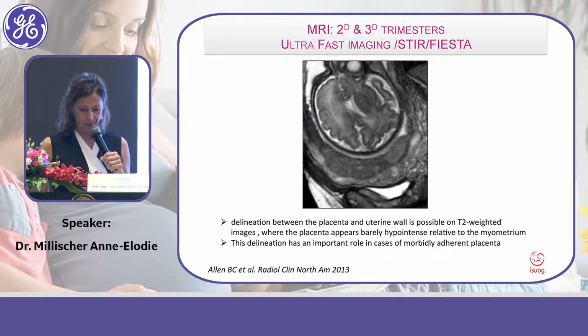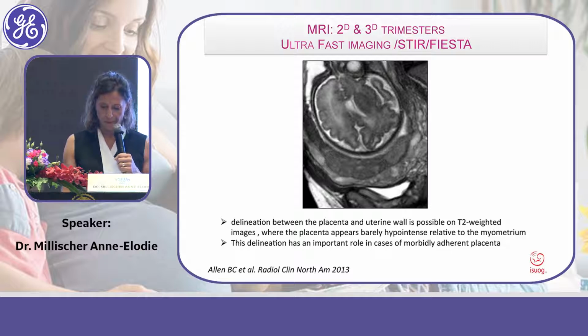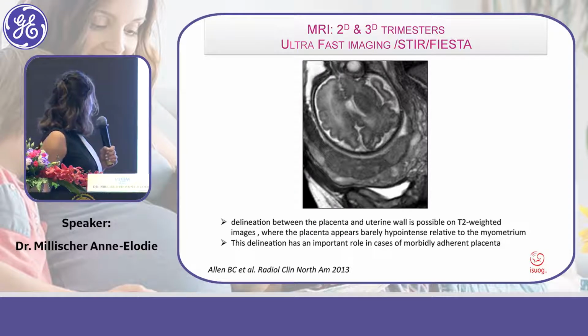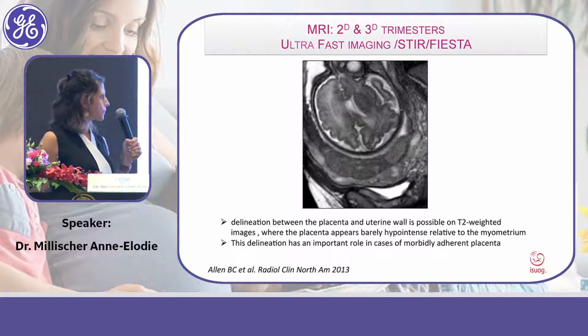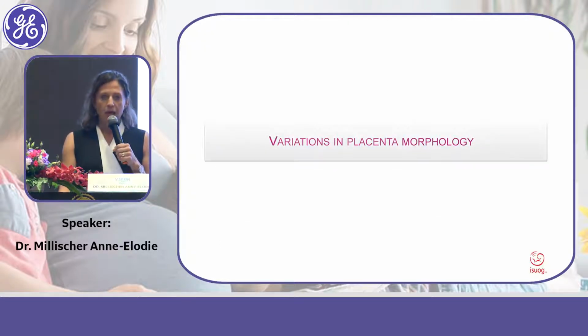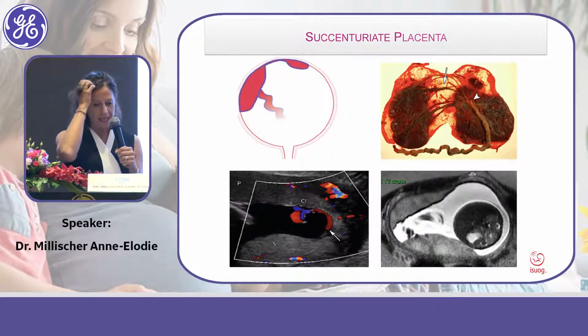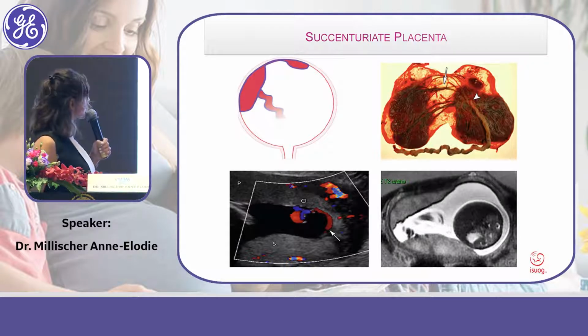Một cách thứ tự các bạn nên đánh giá đầu tiên là cái hình dạng của bánh nhau này nó có bình thường hay không. Bánh nhau này cái độ dày của nó thế nào và cái độ phản âm của nó, vị trí của nó có bất thường hay không, vị trí dây rốn cắm ở đâu, và đặc biệt quan trọng là bánh nhau có bám dính bất thường với cơ tử cung hay không. So we are going to go through those guidelines, and first we can detail the morphology of the placenta, and the first pattern is the succenturiate placenta.